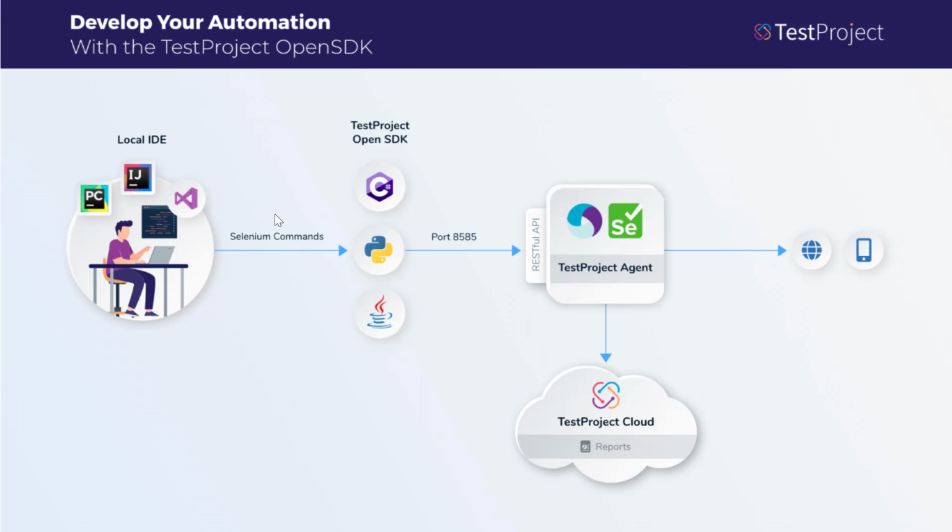With the TestProject OpenSDK, you can develop and execute your web, Android, and iOS tests more easily than ever. The SDKs utilize the TestProject agent as a single component to develop and execute tests for web, iOS, and Android apps. The agent takes care of all management, including downloading the latest web drivers and mobile components to keep you